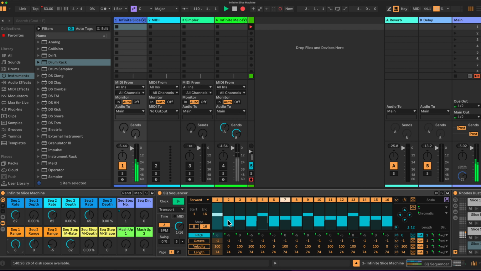It's a bit asymmetrical, very asymmetrical. I couldn't find a way to change it. It's just the way SQ Sequencer is set up. I'd like to have had it in the middle, but it doesn't work that way. And what it also means is if I set that to the bottom note and open up the depth here,